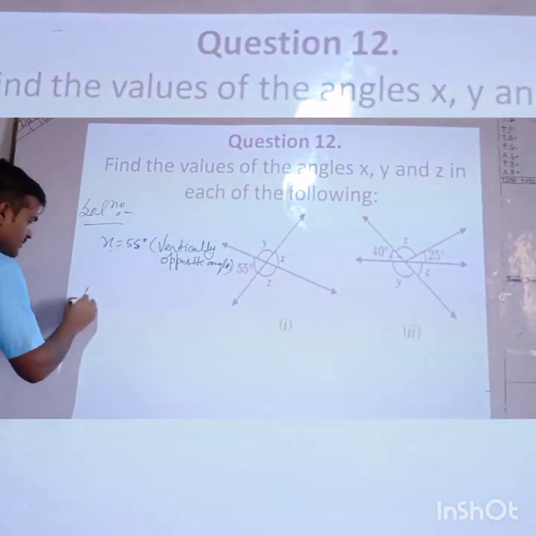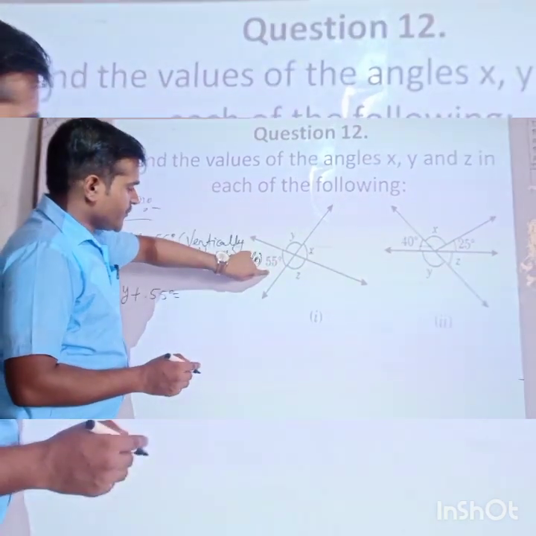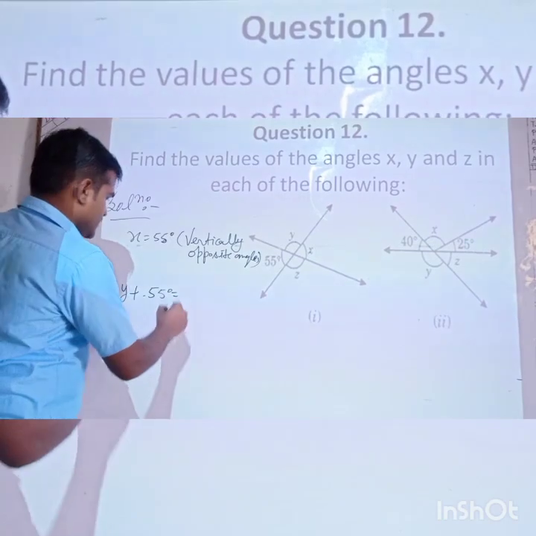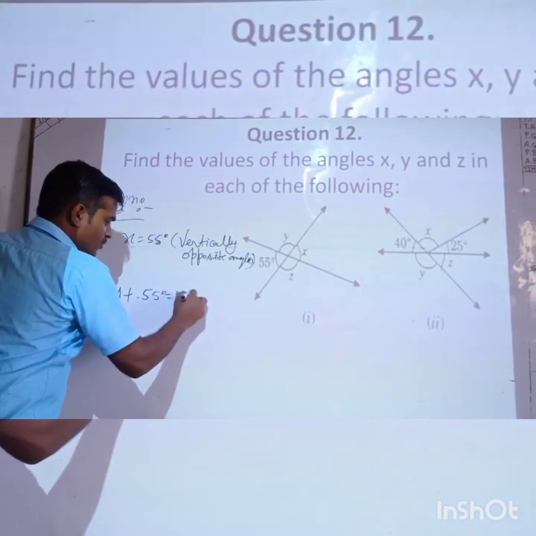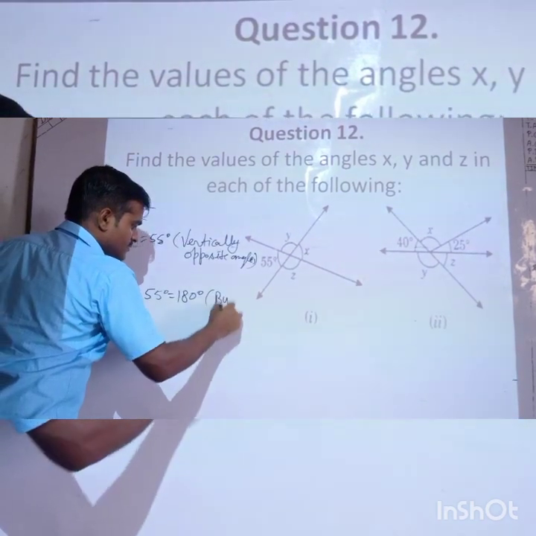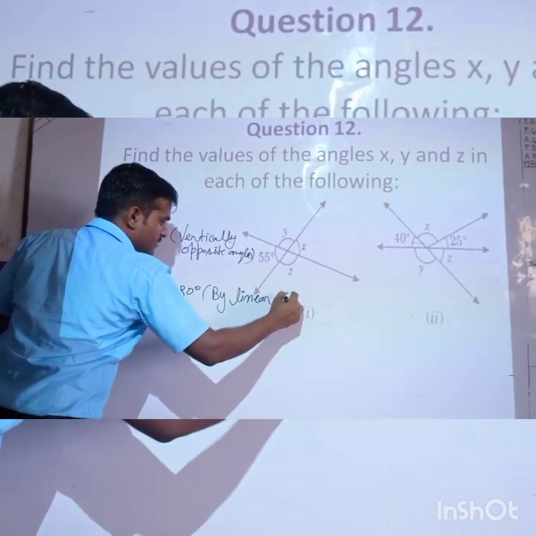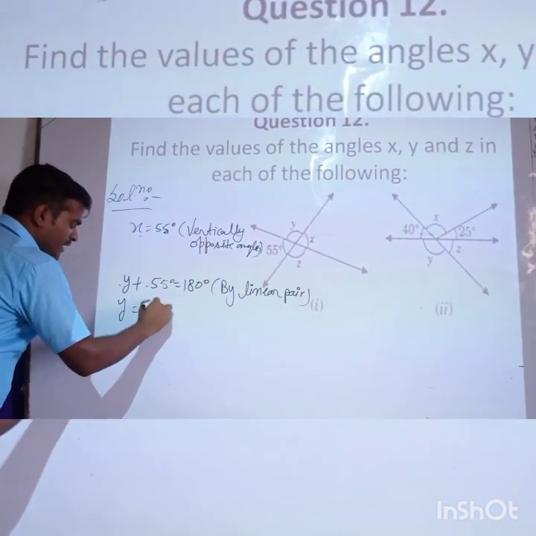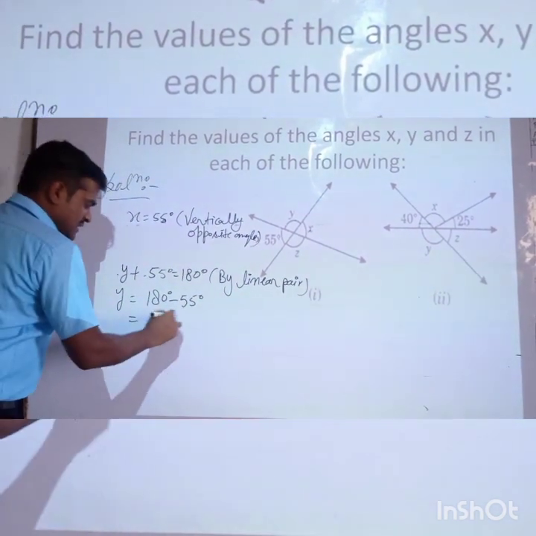That's why their sum is 180 degree. You have to write angle y plus 55 degree is equal to 180 degree by linear pair. So y is equal to 180 degree minus 55 degree, solve it and we get